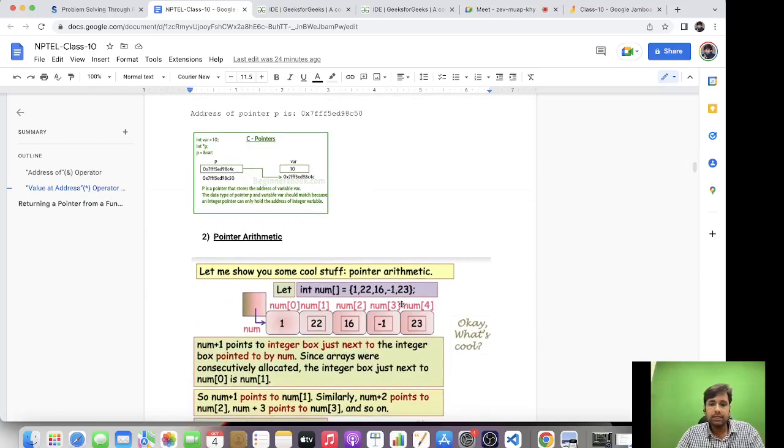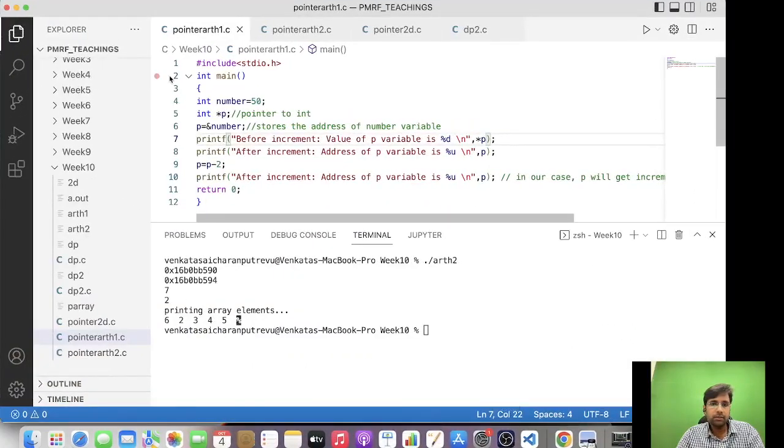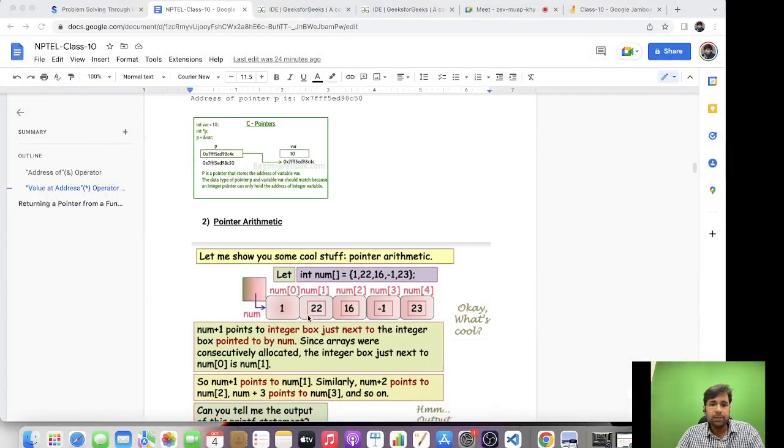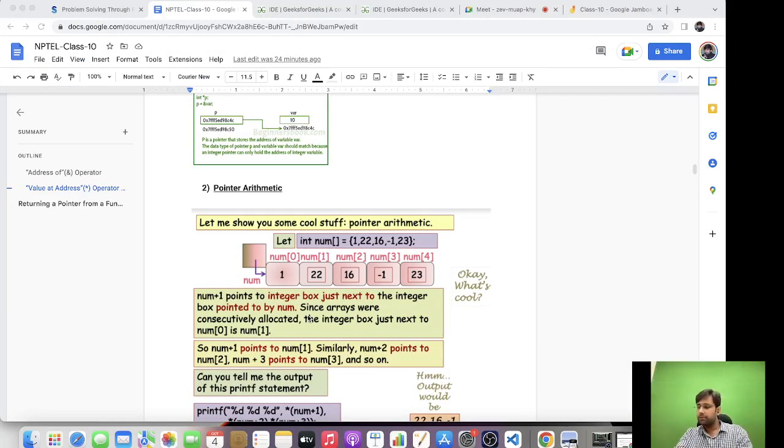So I think we will start with pointer arithmetic. Till now we have seen how to use the pointers. Now we will try to understand what kind of operations we can do with pointers. So what happens if you do +1 with pointers, and how do we dereference the pointers. I would like to explain this in simple terms with this